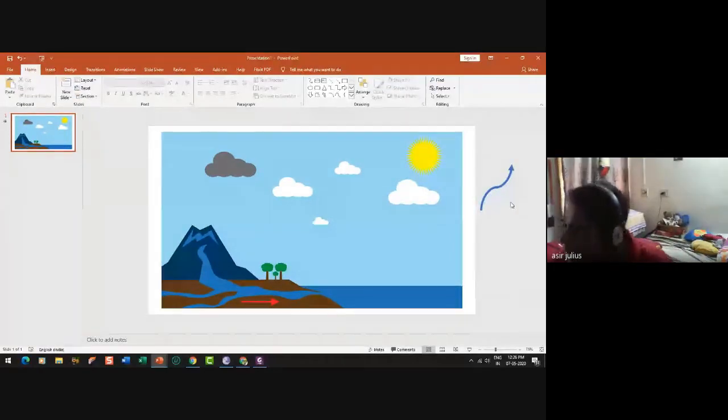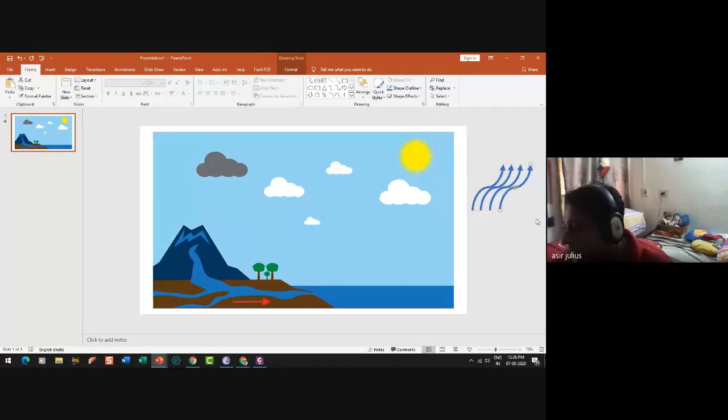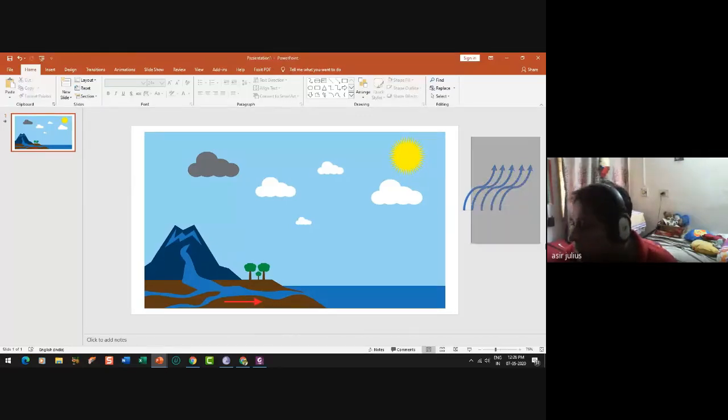The other way is you just select it, press Control, and just drag it. 1, 2, 3. Now I have 4. If I want further, 5. Excellent. So now I have 5 arrows which can imitate the